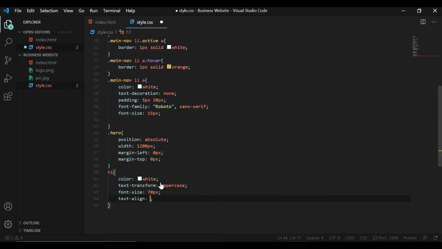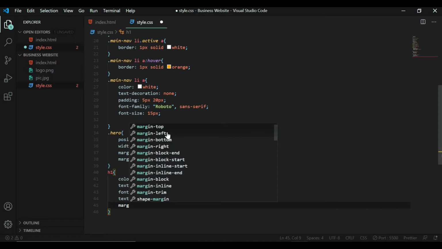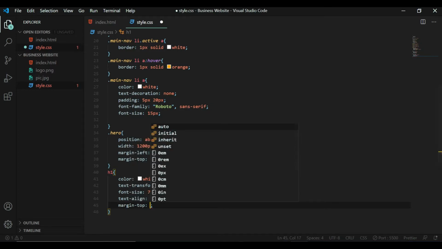Text align center. Margin top 275 pixel. Save this and refresh your browser. You get nothing. So next what I want to do is